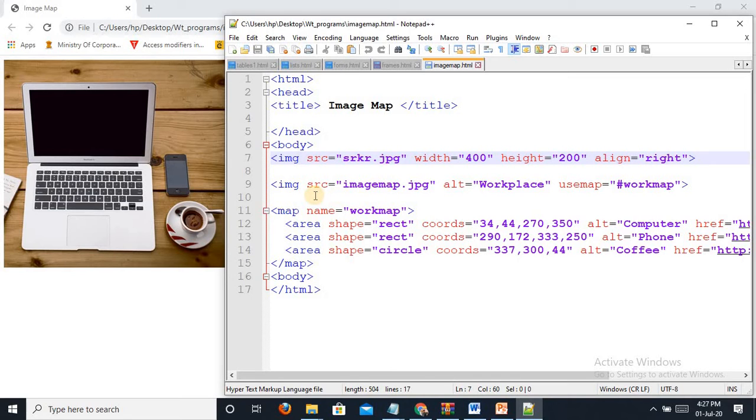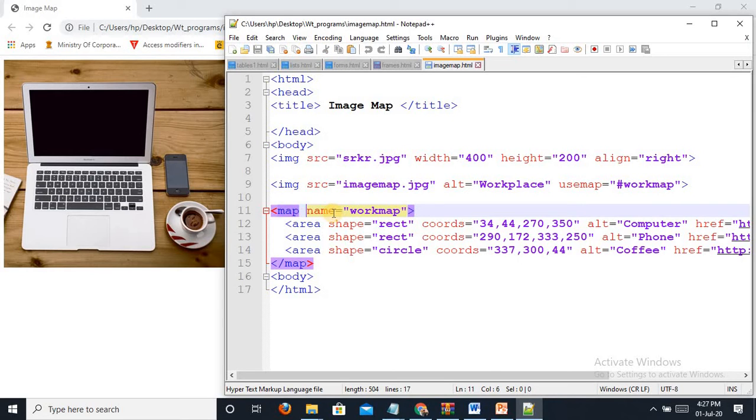So we must follow three steps to use the image map. The first attribute we are going to use is usemap in the image tag: usemap equal to hash workmap. We must give the hash before the name we are using. The next step, in the map tag, we give one attribute, name equal to workmap.